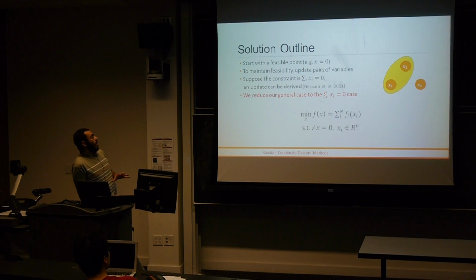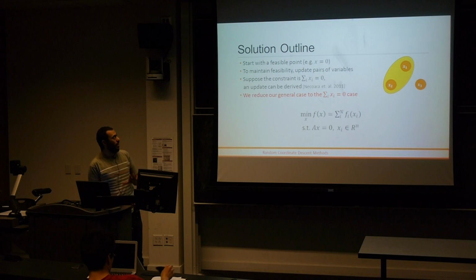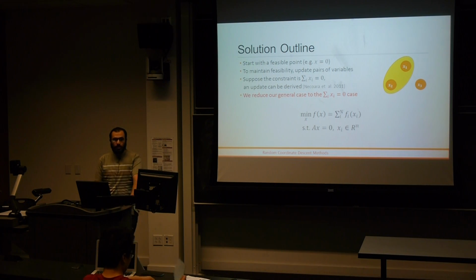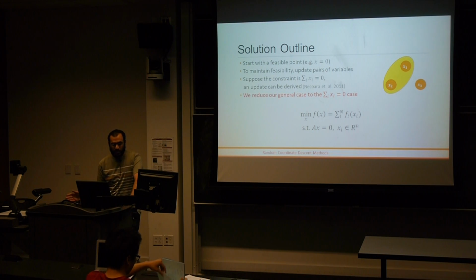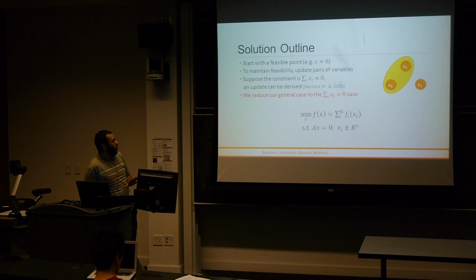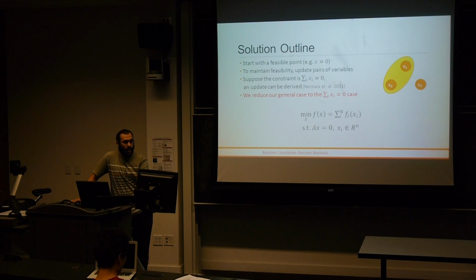The solution outline is the following: we will start with a feasible point, let's say x equal to 0. And to maintain feasibility, we will update pairs of variables. This is like SMO style algorithms. Let's suppose that the constraint is in the form sum ixi equal to 0. Then we can derive an update. The idea is if you update x1 with the difference d, then x2 will be updated with minus d